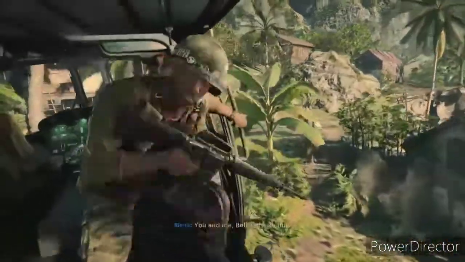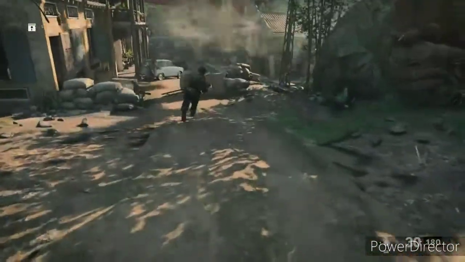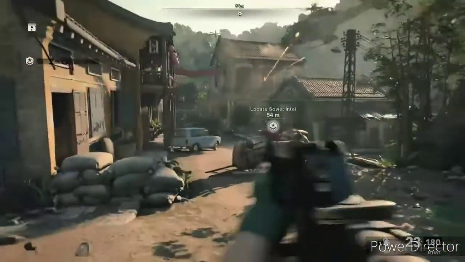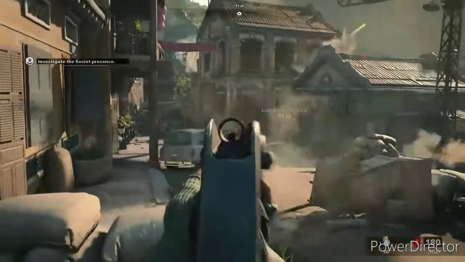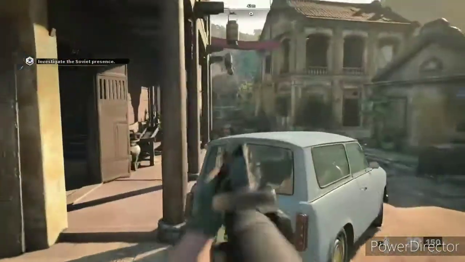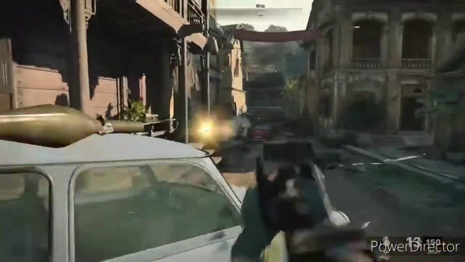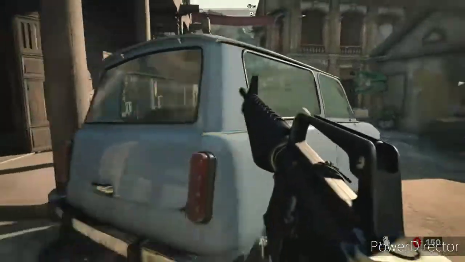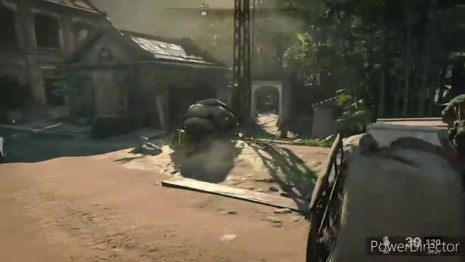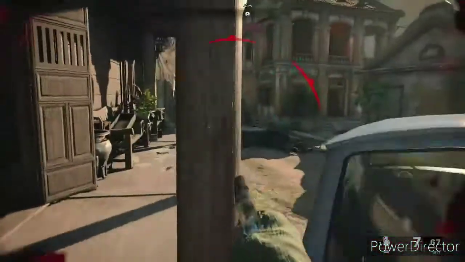Hello everyone, and now in Call of Duty Black Ops Cold War, in the campaign, you play as a character named Bell. Now, we don't really know who Bell is, spoilers by the way. All we really know about Bell is that Bell was an agent of Perseus. They worked with Perseus, but Bell was betrayed by Perseus, and then Bell got rescued by Adler,